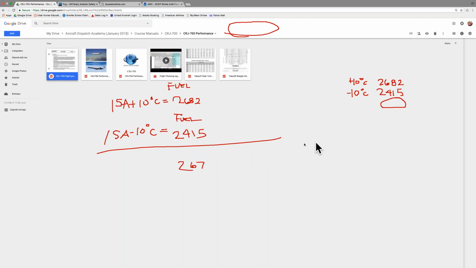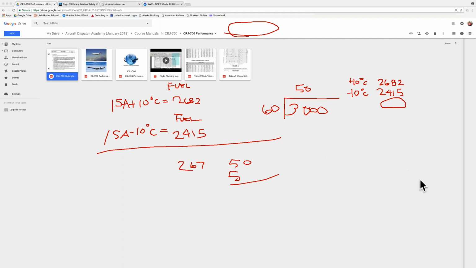When we talk about the CRJ 700, basically the equation, we burn about 3,000 pounds per hour, okay? But if we figure out how many pounds per minute that is, that equals 50 pounds per minute. So 50 times 5 minutes, that's 5 minutes of fuel. You think that could make a difference? Could. That's an approach.